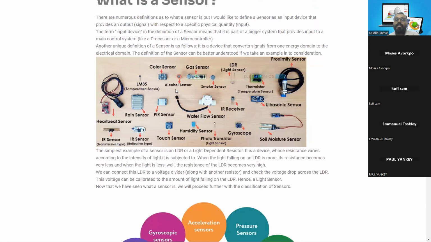So these are the common sensors which we are going to use in our regular classroom program. Let me summarize these sensors for you, so that it will be easier for you to cope with them. We have different sensors, namely rain sensor, PIR sensor, pre-IR sensor, water flow sensors, IR receivers, and alcohol sensors. As the name implies, the alcohol sensor is used to detect the presence of alcohol. We can accommodate this sensor in a device which a traffic police officer can use, and they will ask you to blow a little bit of air from your mouth into that device,